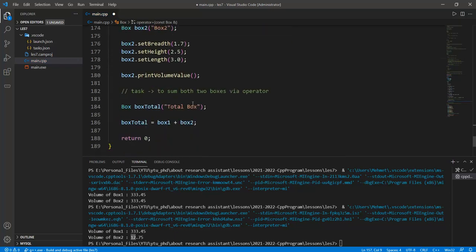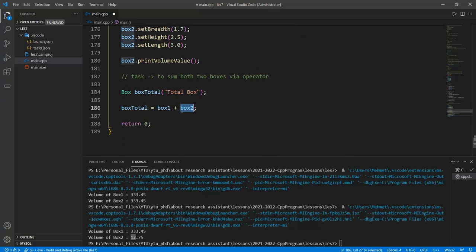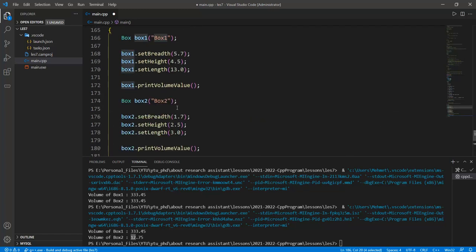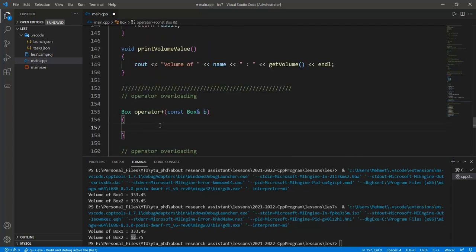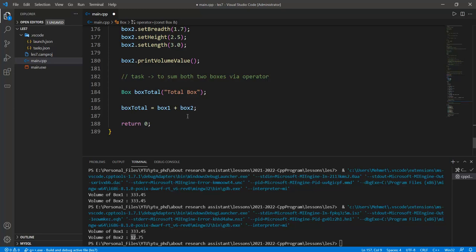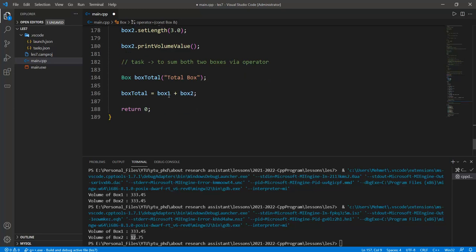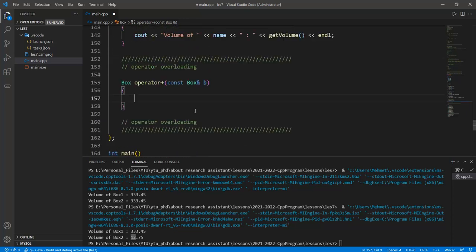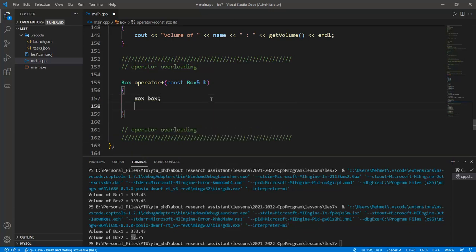Because this box 2 is the parameter of the box 1 function. Okay, this is complex, but it's easy to understand how we're going to treat this function in here. And so in the expansion form I can give you the box total in the second way in the next lesson. Okay, but if we have this kind of operation in here, we can define the box, and so